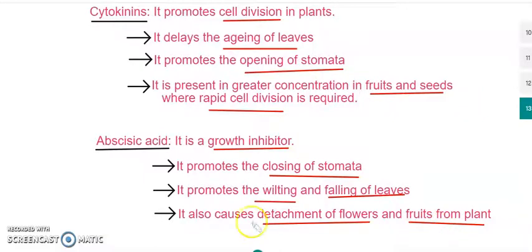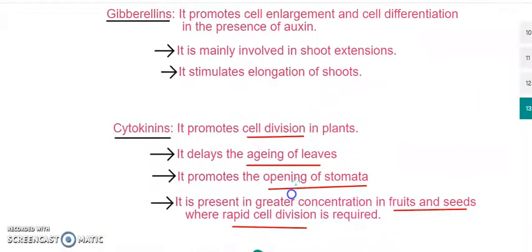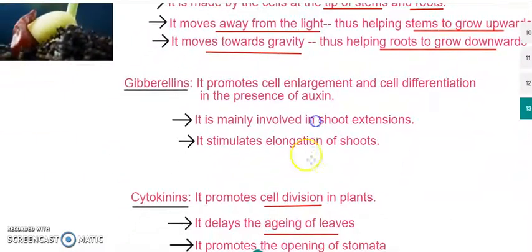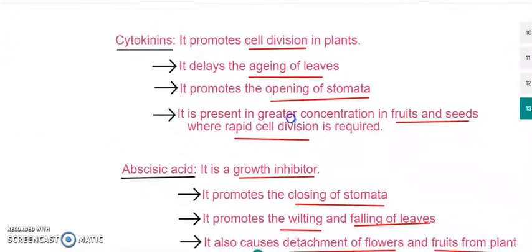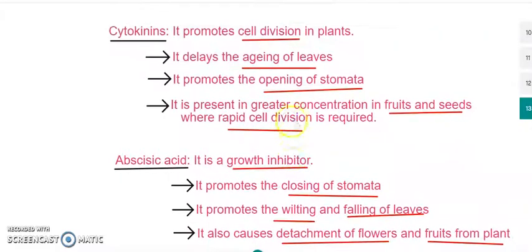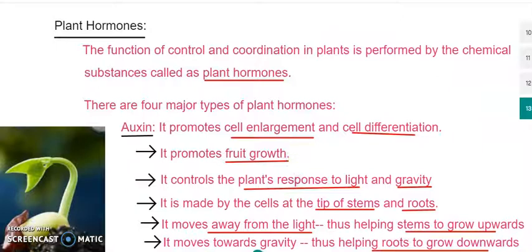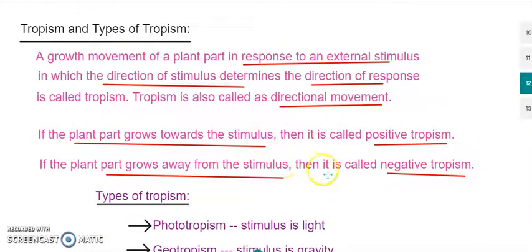Okay, so the three hormones responsible for growth are auxin, gibberellin, and cytokinin. And the one which stops growth is abscisic acid. So we just looked into how plant coordination and control is taken care of. One way is that the plant does it by releasing plant hormones, and the other way is by tropism, movement or directional growth towards external stimuli. Hope this was